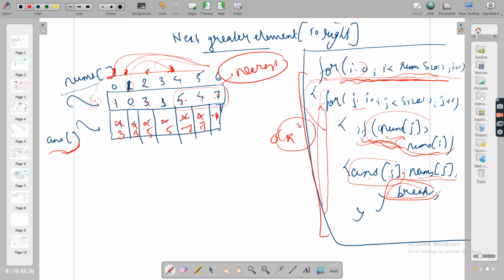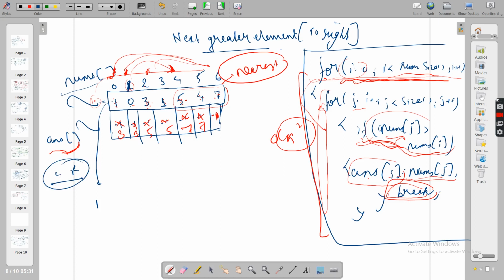Now let's analyze one of its iterations and try to figure out what we were actually doing. Can we reduce the number of comparisons? Obviously we are getting an order of n square solution. So either we have to use some algorithm, or we have to see how we can reduce the comparisons, because we have to reduce the time complexity. Now let's take care of the first iteration. So obviously this is the array. In brute force, normally, you are going from left to right. There is nothing like rocket science here.